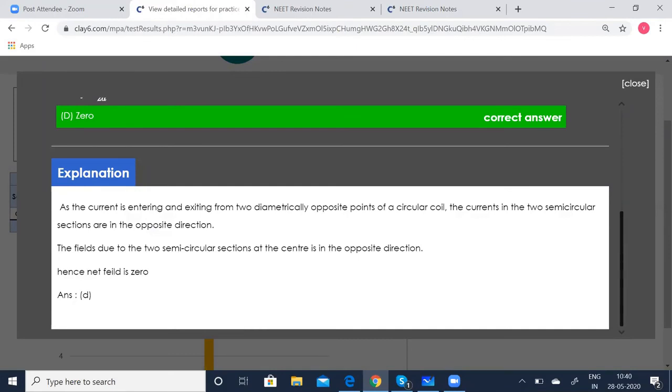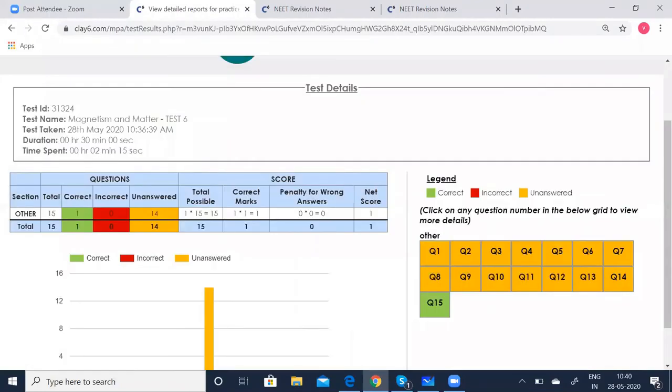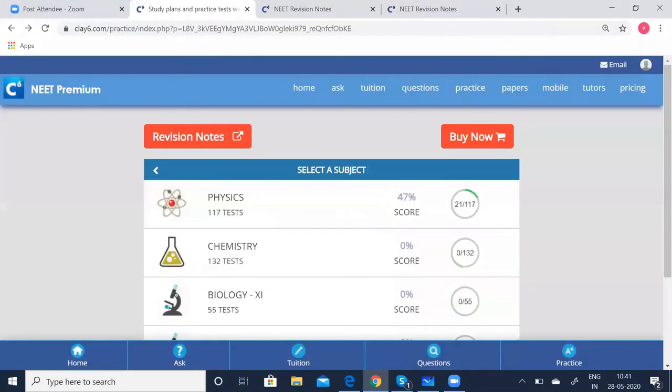Likewise, you can scroll and see the explanation part also and make sure where you went wrong, which concept. So understand the concept. We have explained the questions and answers conceptually, where you can be thorough with the concept also. This is very, very important, children. So you can as well learn from these tests. Close that. You can go back. You can take the test again and again until you are thorough with the concept. So with this, we have come to an end of this lesson.